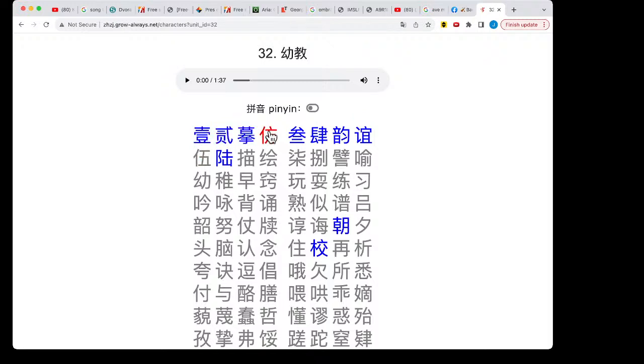So 一二模仿, 三四韵译. 一二模仿 means that the little child starts to be educated, and the first thing they learn is 1, 2. Okay, so learning the characters, also learning to count. 模仿 means the children learn those things by imitation. And 三四韵译, that means 3 and 4. 韵译, that means